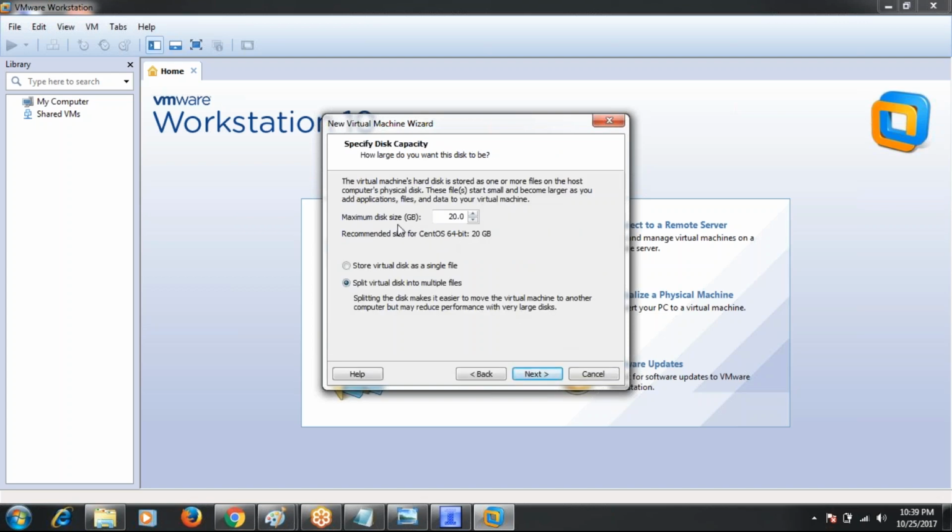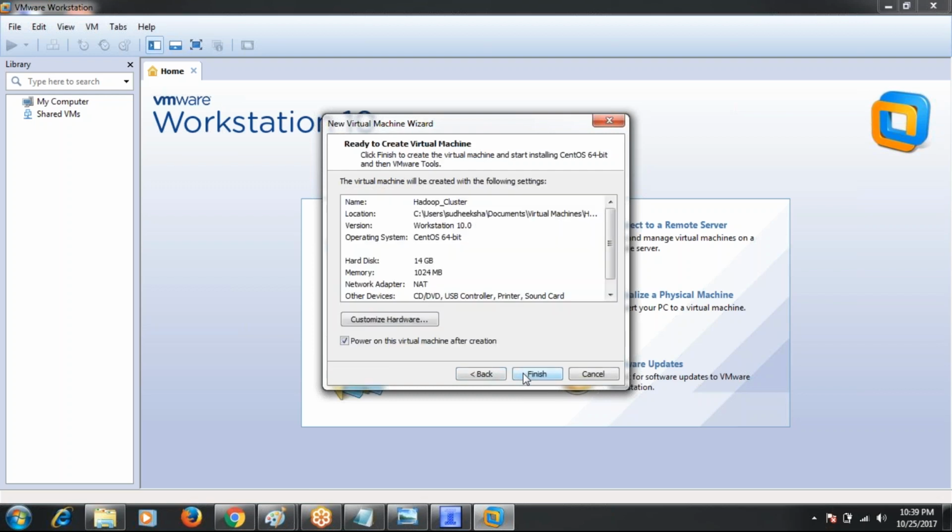This is the maximum disk size. I'm going to specify 20 GB for my Hadoop cluster. The default is 20, but if you want to increase it, you can click here, and if you want to decrease it, you can click here. I'm giving 14 GB for my cluster, selecting store virtual disk as a single file, and clicking next.